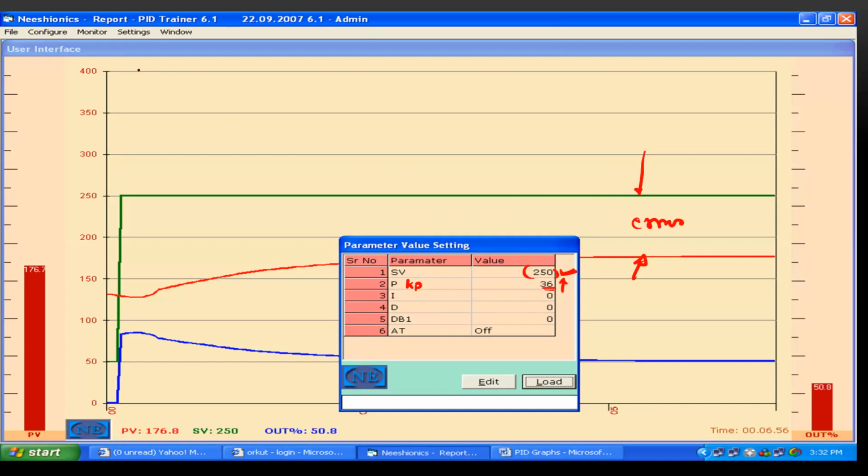So when we increase the Kp value to a very high value, we get a large error. This is the condition when we are using 1 upon Kp as a proportional controller. This is the error signal, and it will generate the output signal, which is given to the process. That means if you increase the Kp value, it will increase this error.